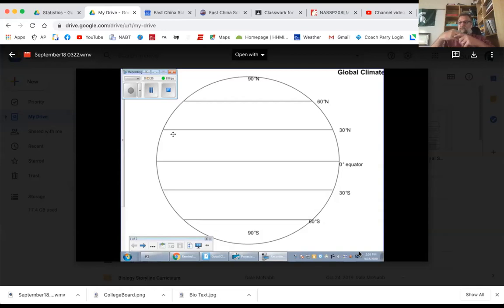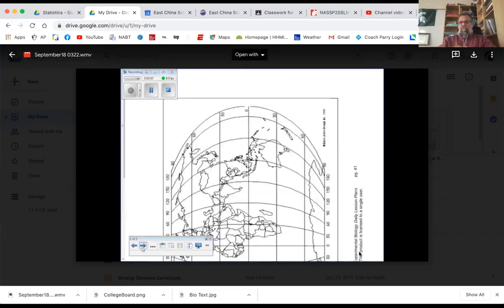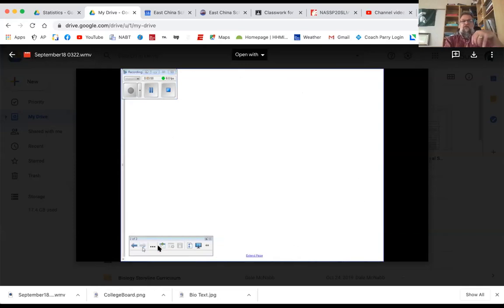Biotic means living factors, bio, living factors. Abiotic means, A means without, bio, life, without life, non-living factors. So some classic biotic factors would be any type of plant, any type of animal, fungus, bacteria. These are things that we would consider